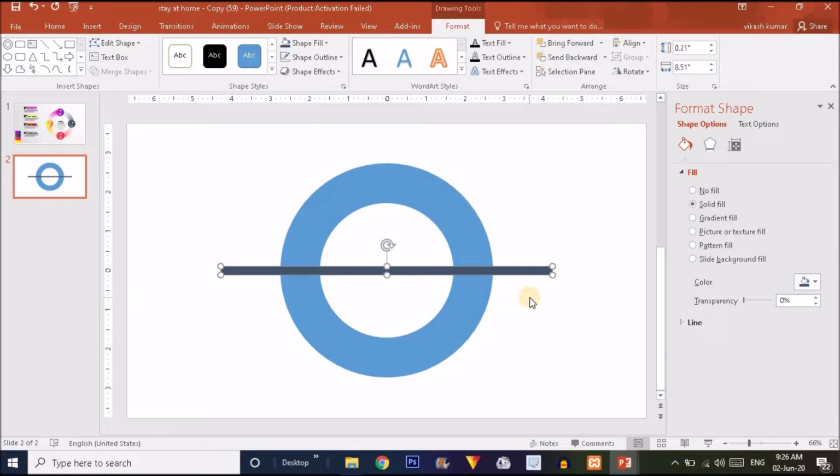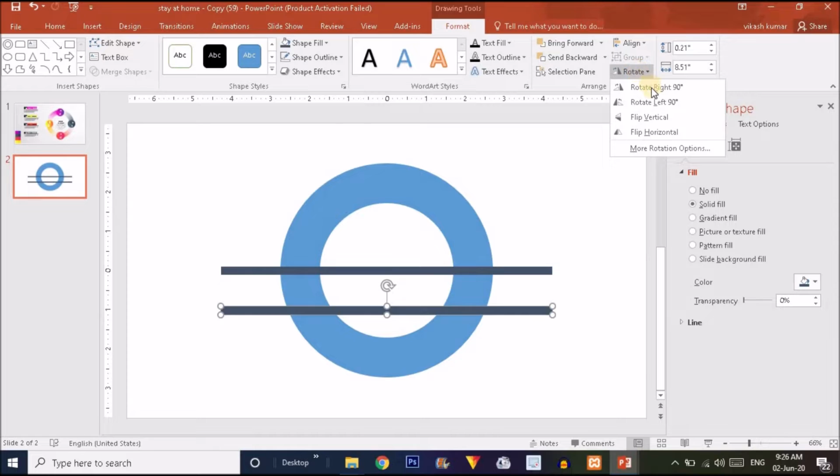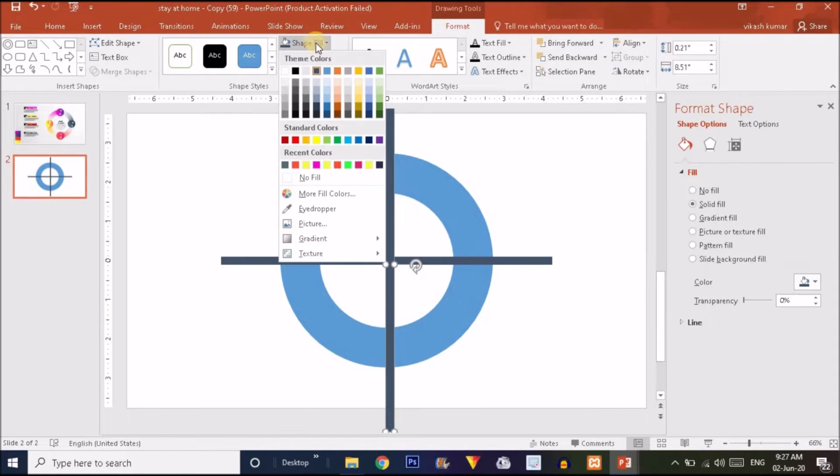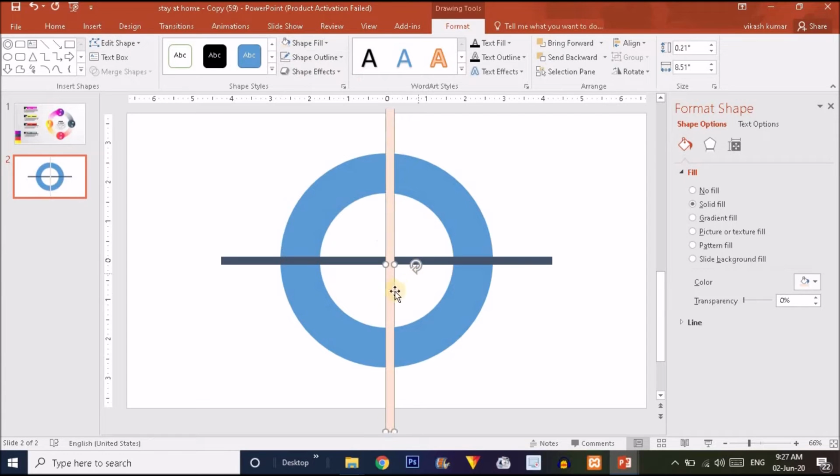Now again I'm going to duplicate this rectangle. So press Ctrl D to duplicate it and rotate it right 90 degrees like this. Now place this rectangle in such a way that it is properly placed in the middle. Now I can't see the red dotted line over here, so I have changed the shape fill of this rectangle.